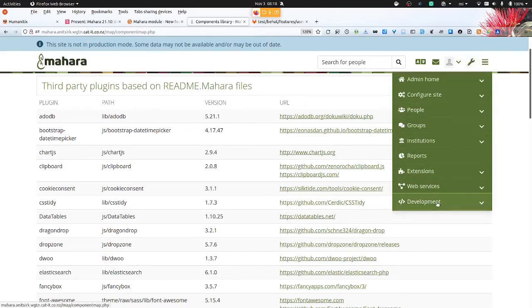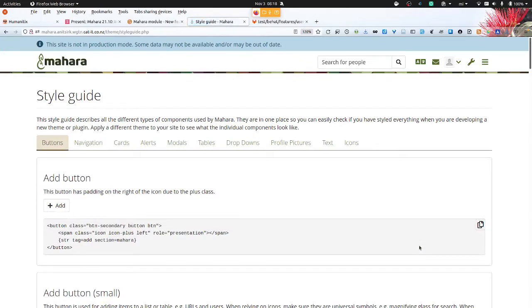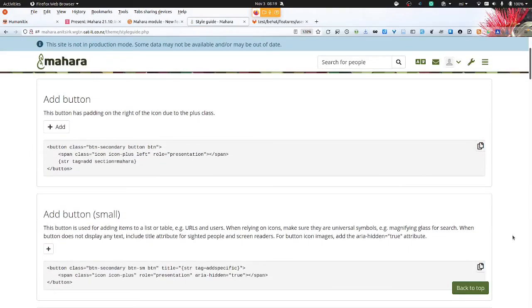And another super helpful tool, especially if you have your own theme on your site, is the style guide. The style guide shows you all the visual elements, or let's say the majority of the visual elements.